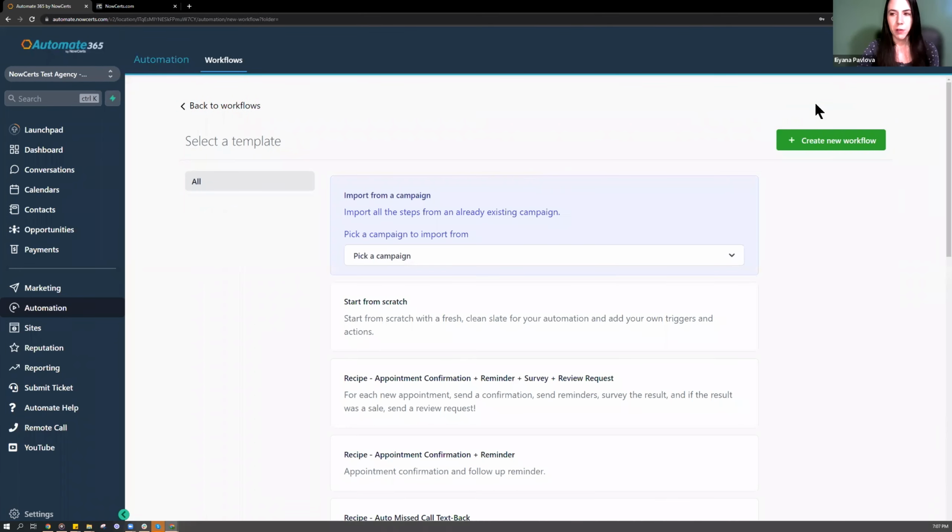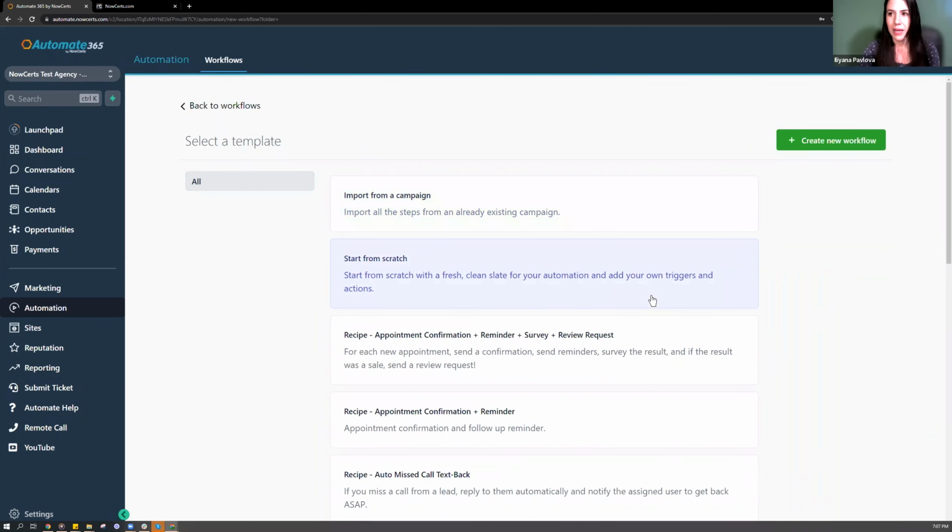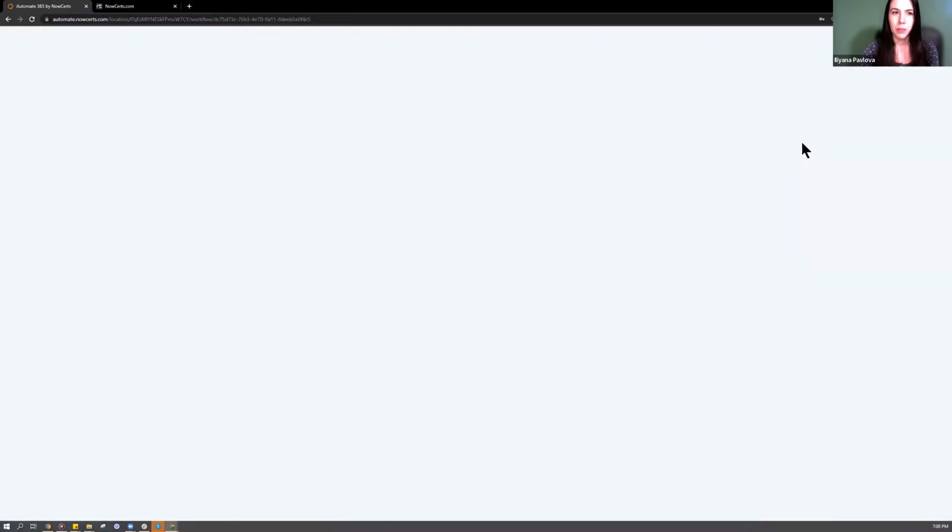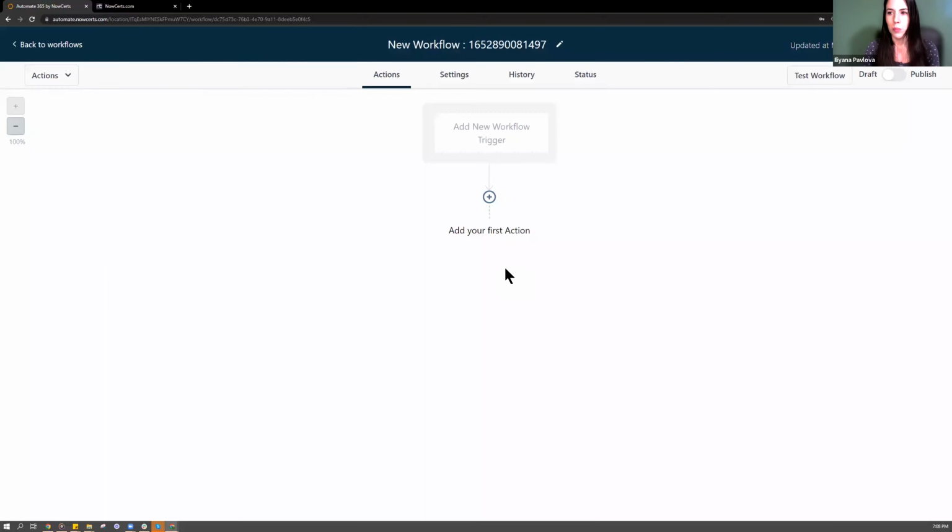Then you have several options to use some templates. Usually we start from scratch. That is with a blank slate, so to say. And then after you have made your choice, you can click on Create New Workflow again. And you will be able to build it, starting with the workflow trigger and then building the sequence of actions that you want to happen once this trigger